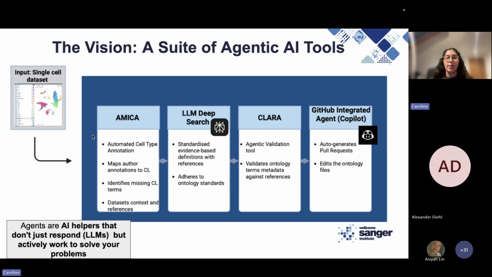Once missing terms are identified, this can be given to an LLM deep search tool. We have been using Perplexity Deep Search for this experiment to generate standardized, evidence-based ontology definitions with complete references. And it does that by using a standard prompt that we have created to ensure that the definition generated adheres